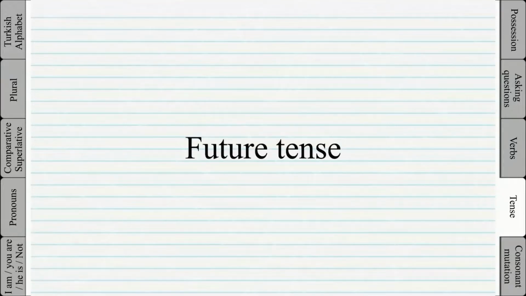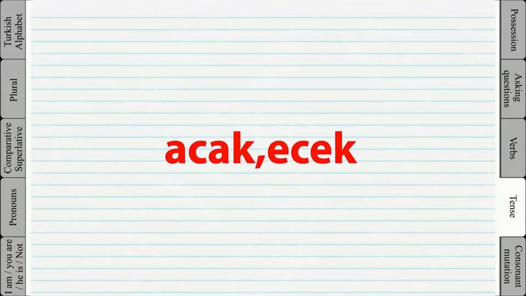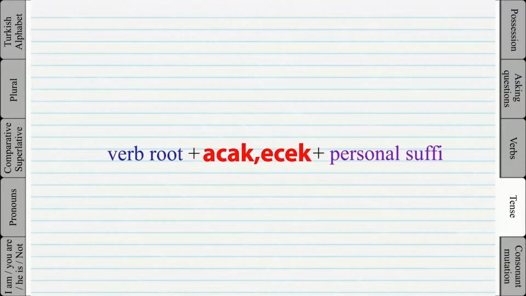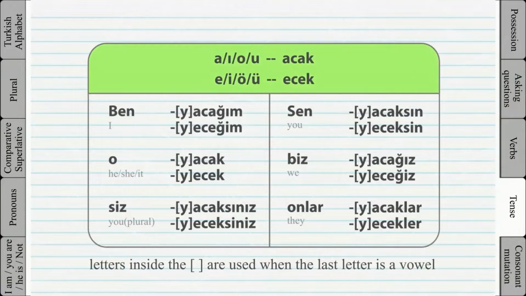Future tense. By now you should have an idea how Turkish grammar works. How by adding a suffix you can change the tense of a verb. The future tense is no exception. The suffix for the future tense is acak, ecek. For example,